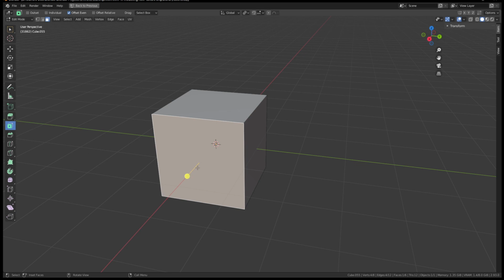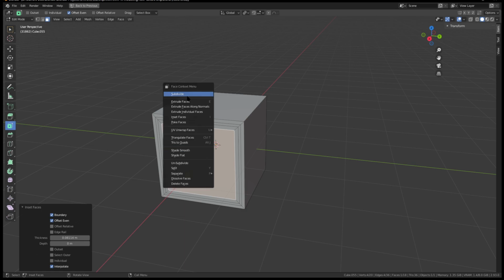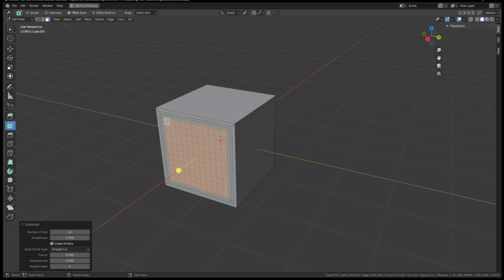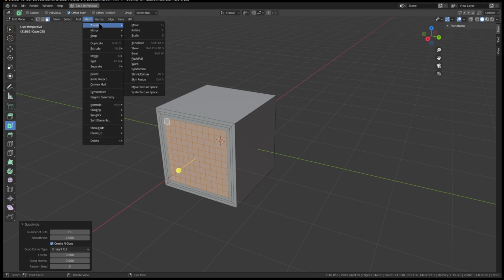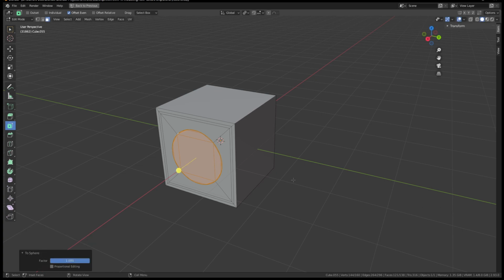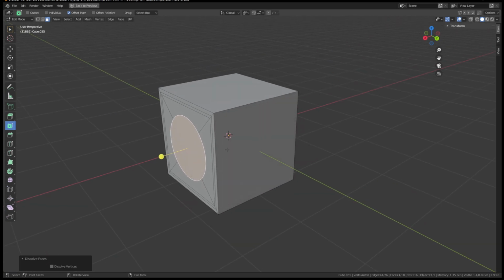One face selected, insert face once, insert face twice. This time insert face 3 times. Let's see if this makes a difference. Right click, subdivide 10, then mesh, to sphere, right, drag the mouse to the right, left click apply, X for dissolve faces, and now we're gonna drag it out,